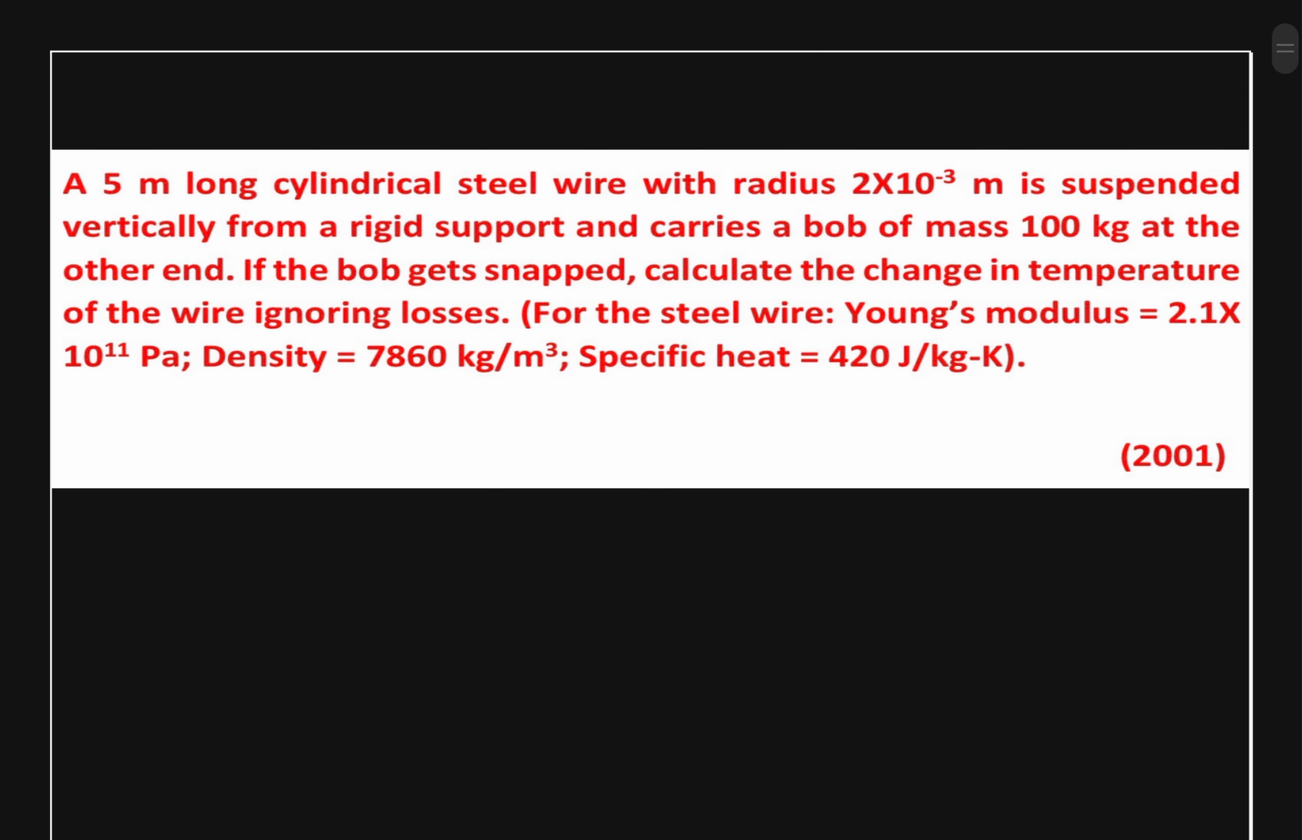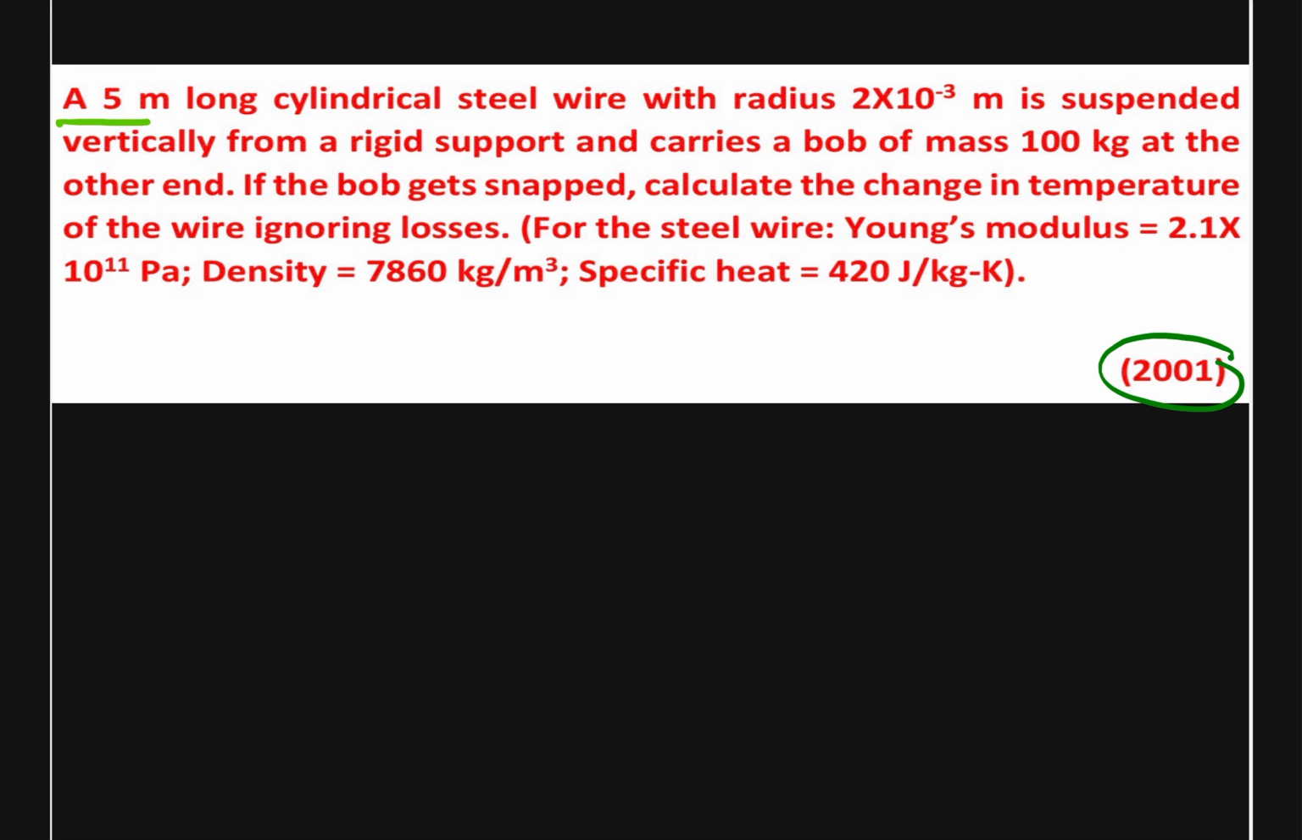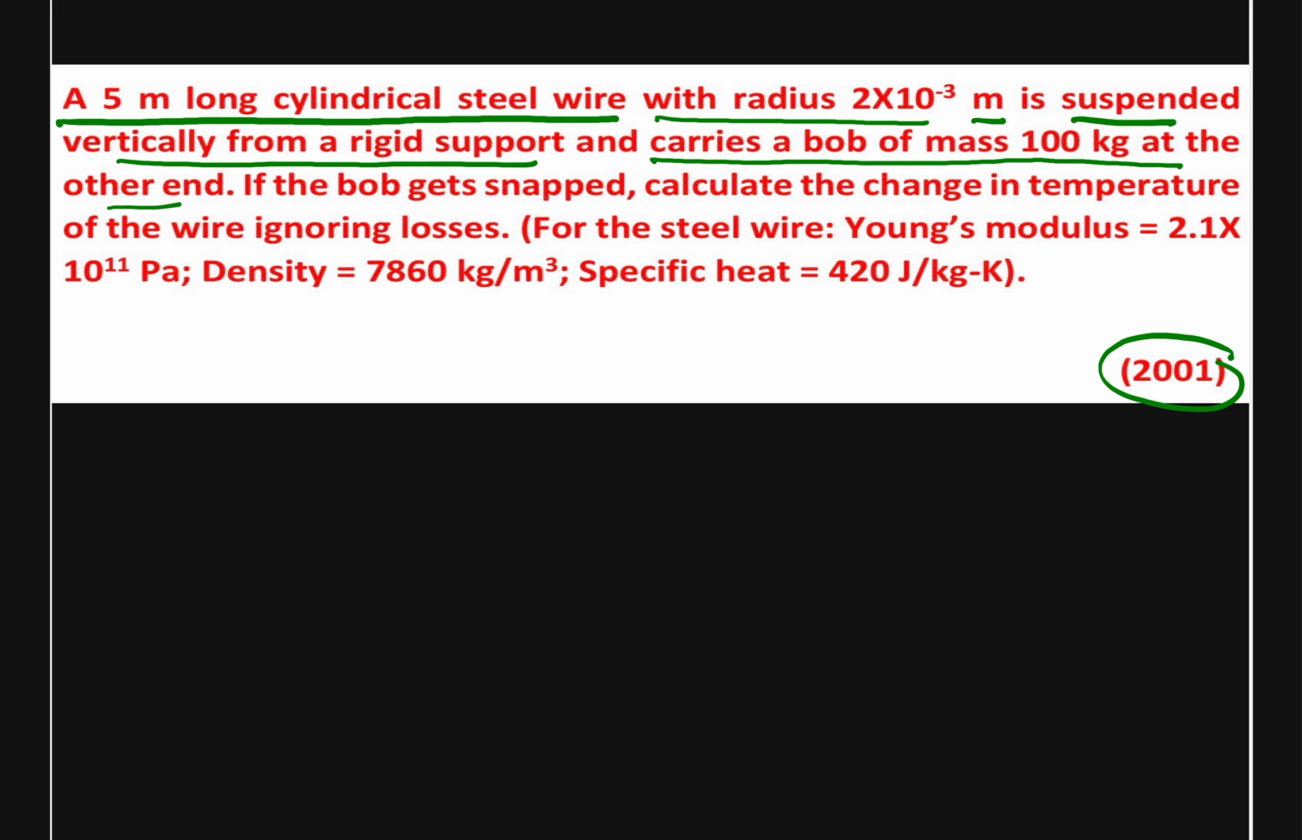So first question, it was asked in the year 2001, and it states that a 5-meter long cylindrical steel wire with radius 2 into 10 to the power minus 3 meter is suspended vertically from a rigid support and carries a bob of mass 100 kg at the other end. If the bob gets snapped, calculate the change in the temperature of the wire ignoring losses. For the steel wire, Young's modulus is 2.1 into 10 to the power 11 pascals, density is 7860, and specific